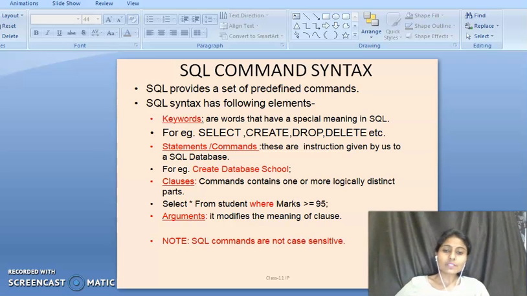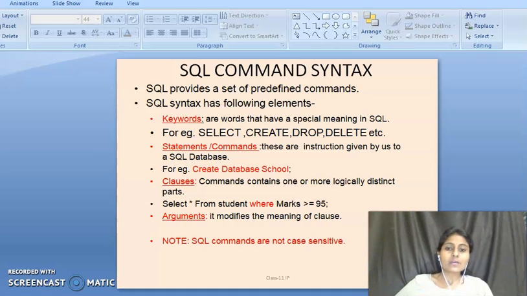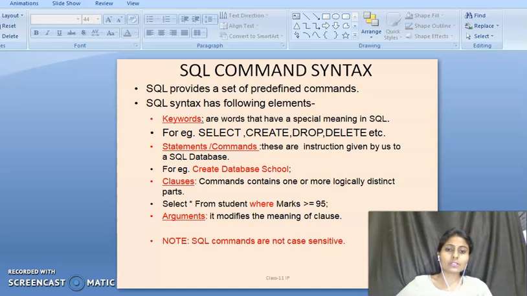Okay, so now after keywords we will introduce statements or commands. What is a statement? The instructions given by the user to a SQL database are known as commands or statements. For example, create database school is a statement, or we can say it is a command that is used to create a database in MySQL, students.